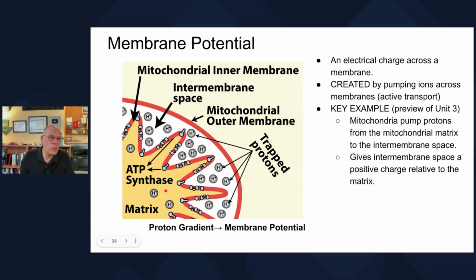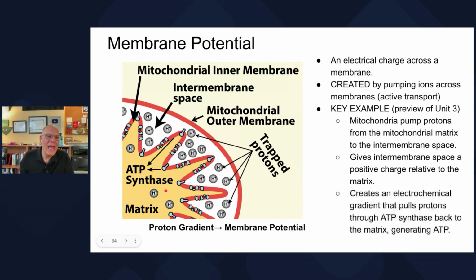The matrix develops a negative charge, and that creates an electrical force that will pull these protons through this channel over here. It's called ATP synthase. And as they do, as you can tell by its name, ATP synthase will use the kinetic energy of diffusing protons to make